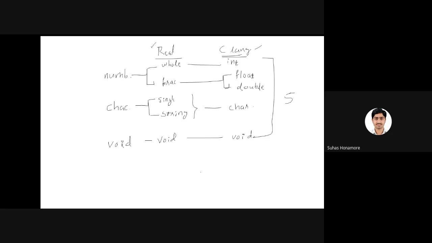In mathematics, normally you take something like x equal to 10. If this variable holds only a whole number, you can consider it an integer type. If this variable can hold a fractional part, like 10.3, you can consider it a float or double.